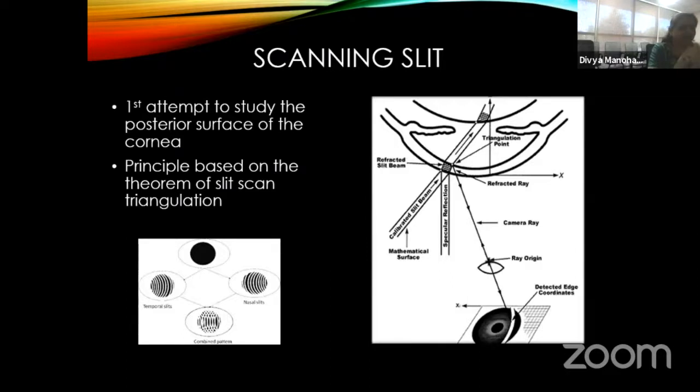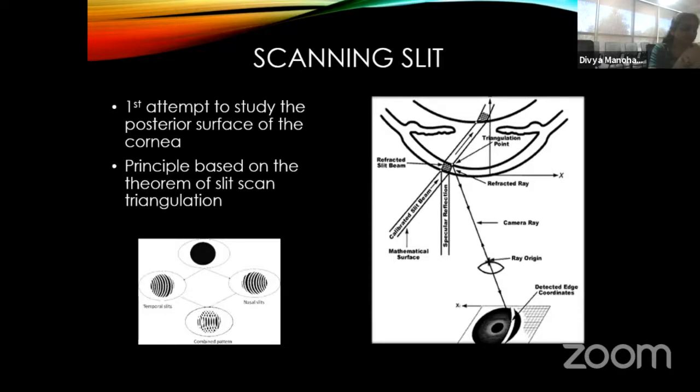The OpScan is a combination of a three-dimensional scanning slit beam system and an added Placido system attached to it. 40 slits are projected sequentially on the cornea, 20 nasally and 20 temporally, and these get overlapped in a pattern that you can see in the diagram below. This data is interpreted using triangulation, and the final image is represented as a three-dimensional topographic map, including the curvature, elevation, and pachymetric maps of the